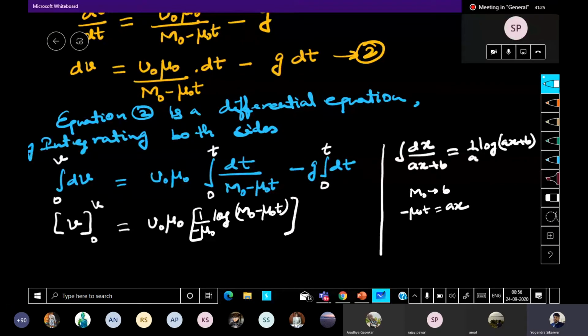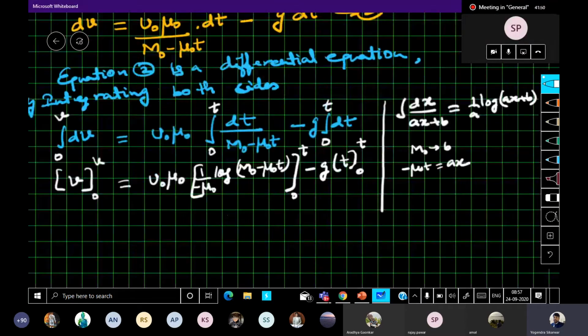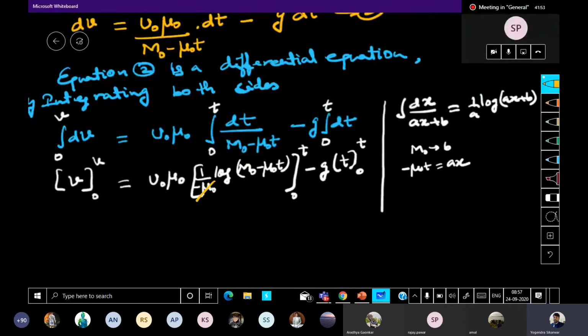Alright. And that is our limit 0 to t. Minus g, excuse me, this dt will become t, and this limit is very easy to put, 0 to t. So this gt part is simple to execute. Now see further. So this mu naught gets cancelled. This becomes v minus 0 is equal to minus, I have taken out this minus sign, so minus u naught